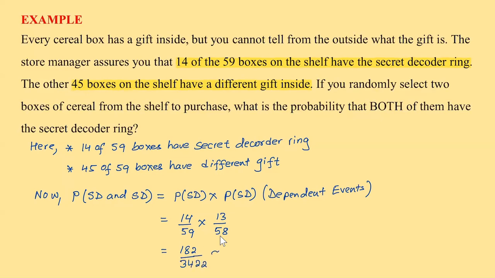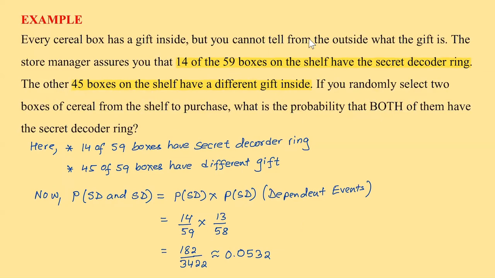So that is the probability, or approximately if we change it to decimal, it will be 0.0532. So this is how we can use the multiplication rule for probability